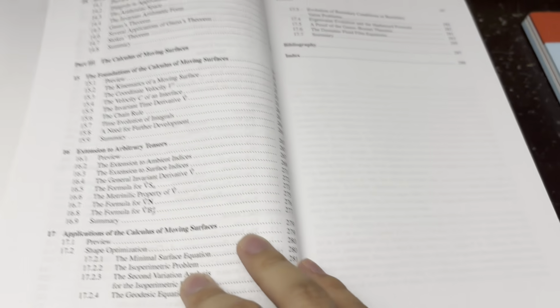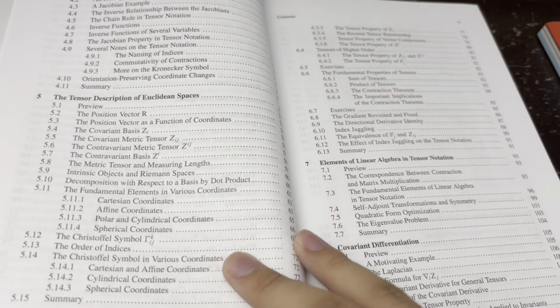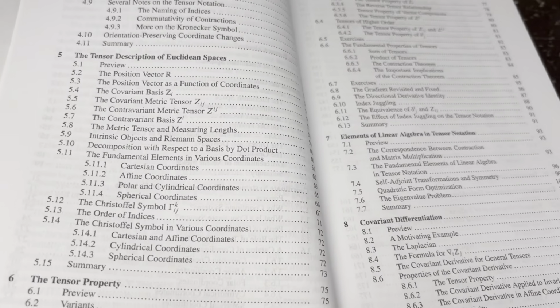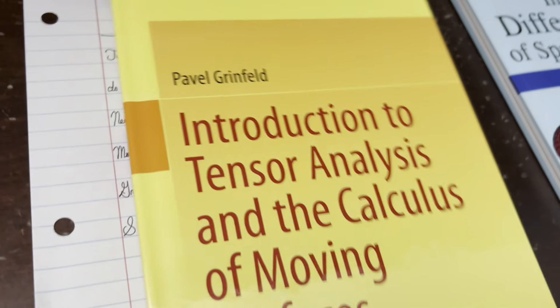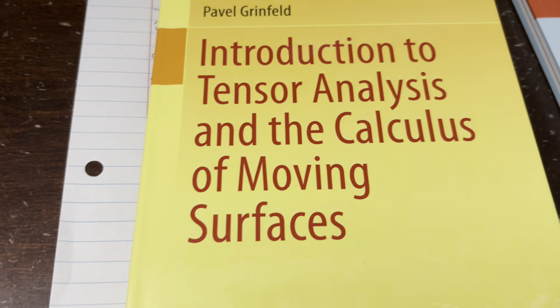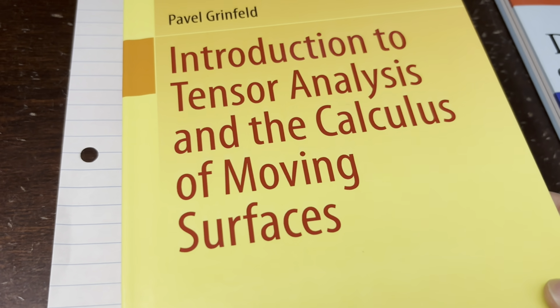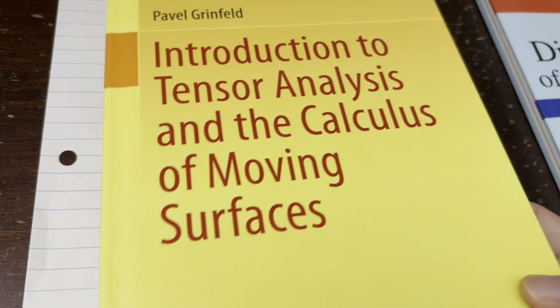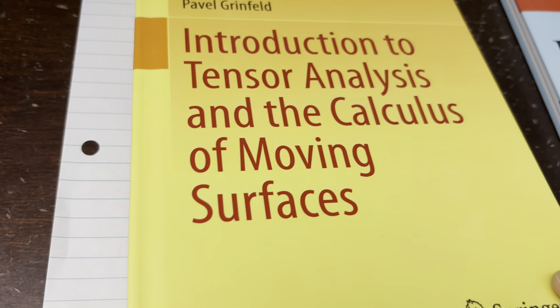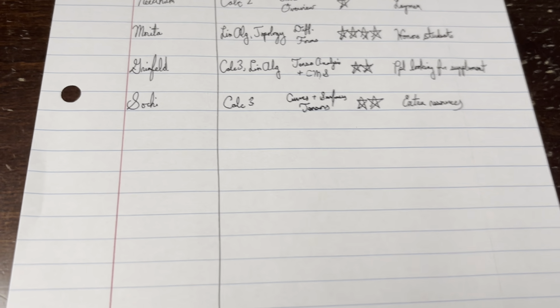So, yeah, I don't really have much else to say about this book. I'd say you should know your linear algebra. I mean, it's tensors, so you should know linear algebra, and of course, multivariable as well. But I would say if you're a student already taking an introductory differential geometry course and you're looking for a supplement for an alternative perspective to differential geometry, perhaps one using more of, as one might say, a debauch of indices, this is the book. The last book is Sochi's